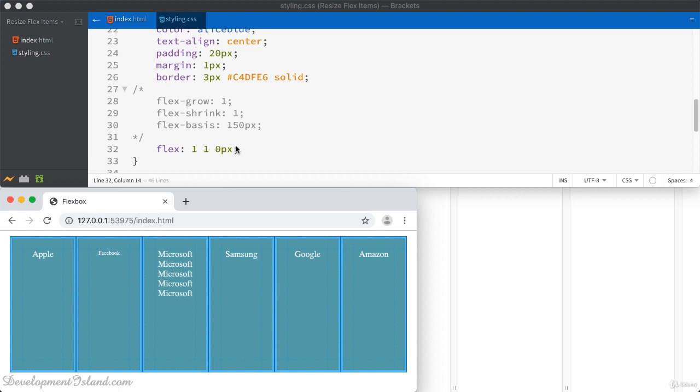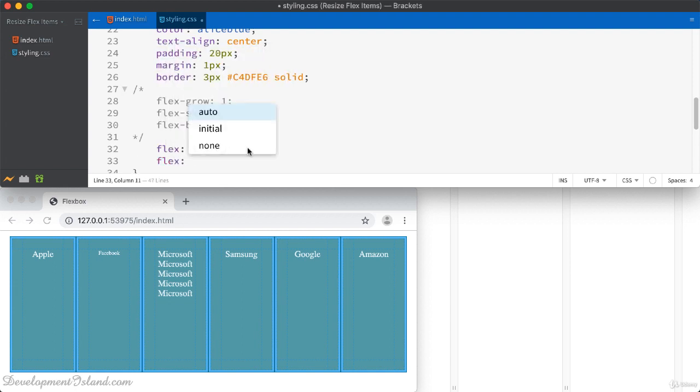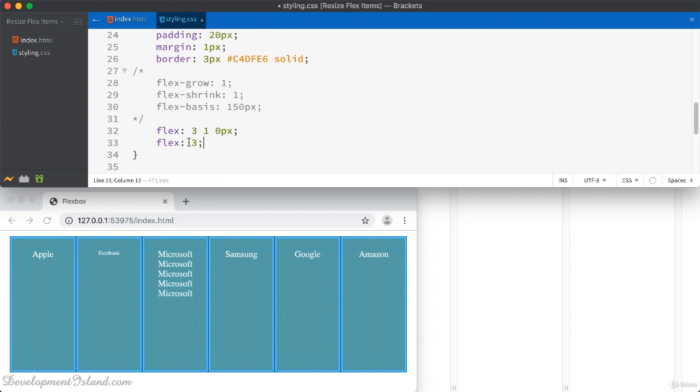Now there is a short value which you can use for these three values, and that's flex set to the first value that you use for the flex growth. In this case, 1. So if I set that to 3, you just use flex 3 like that. And it's a very easy way which will help you distribute the width of the flex box